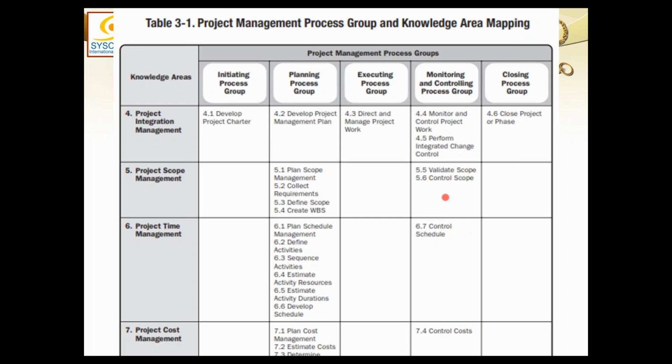But on the other hand, PMI has come up with a recent concept, and that is, a project can only be defined in terms of scope, time, and cost. We don't call them triple constraints now. We say the objectives of a project can only be defined in respect of scope, time, and cost. That means these three things are now called project objectives. Meaning what? That our project's objectives cannot be defined without scope, time, or cost.